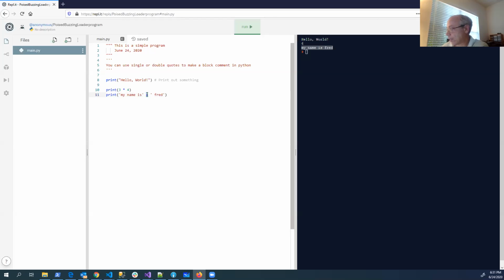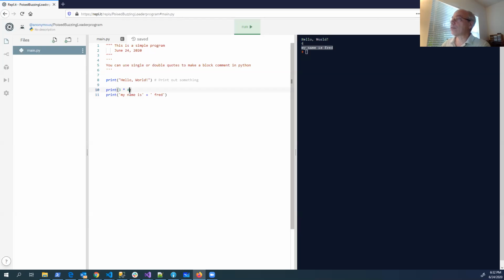What happens if I say minus here? What would that do? This is a trick question. It's an error, right? There's really only one operator that works on strings, and that's the plus sign. It's pretty much the only thing you can do with them is put them together. There are other ways of dealing with strings, but that goes with functions and so on.